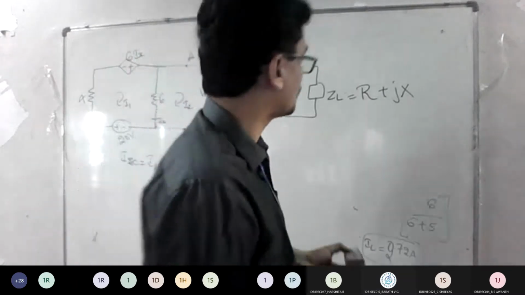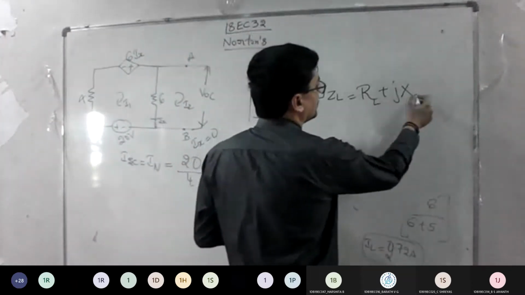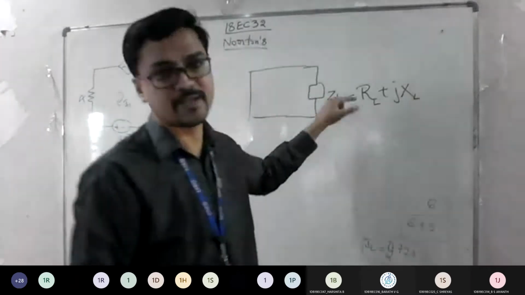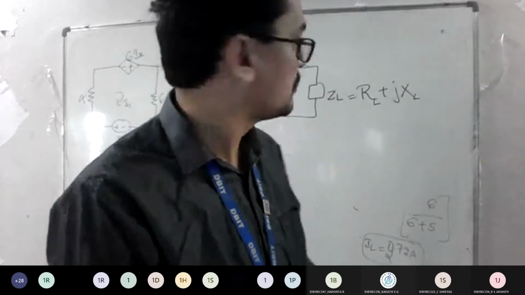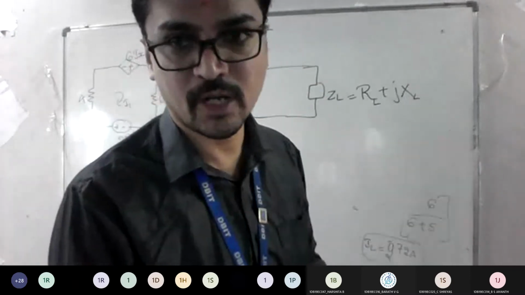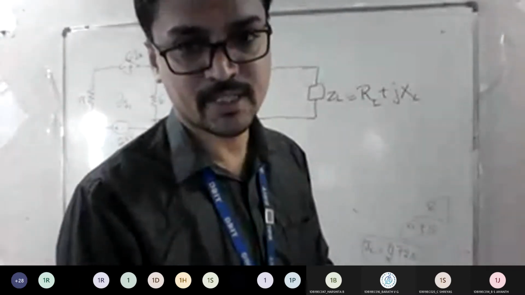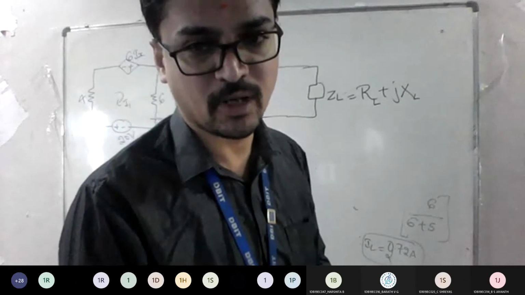Yes, sir. So here you can take ZL as RL into XL. So this is a complex conjugate. So we'll just write a formula here. So this is generalized proof. So I told I will send a pic later. So just make a note of a formula.